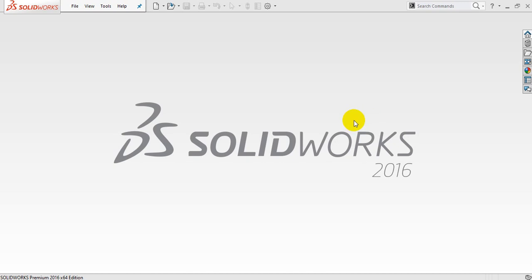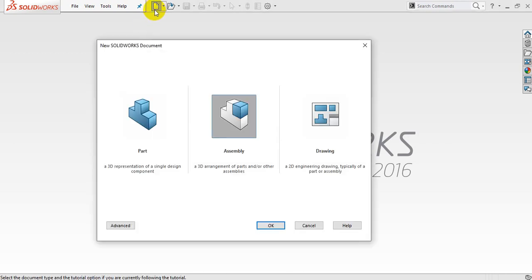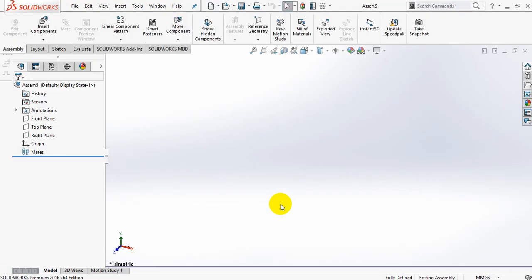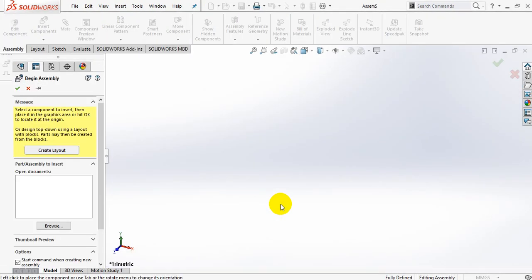Hello everyone. We will learn about the Geneva mechanism in SolidWorks. First of all, we will take a new assembly file. You can double-click here, or else single-click on Assembly and select OK. When you open an assembly file, a pop-up notification will be